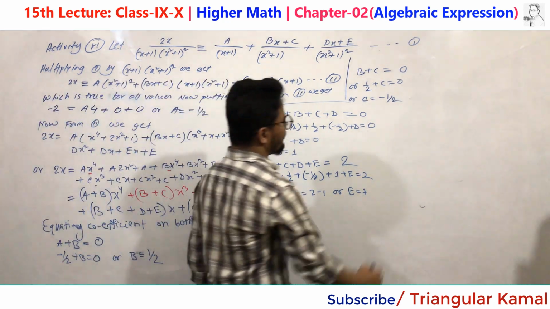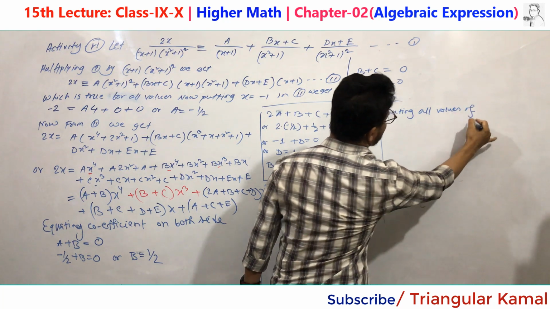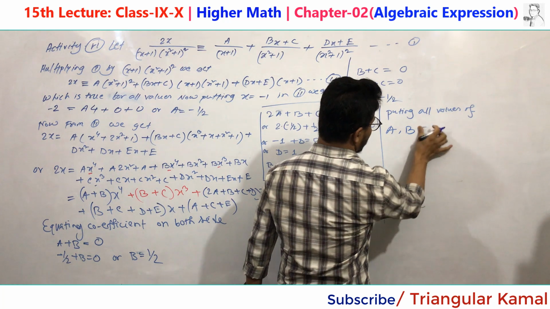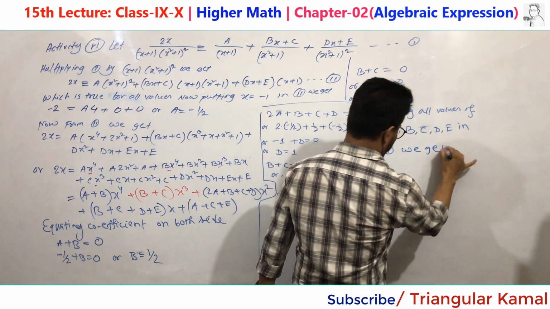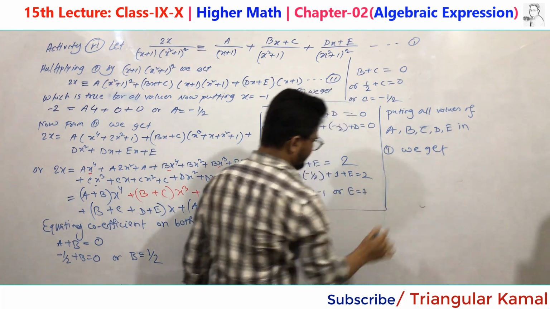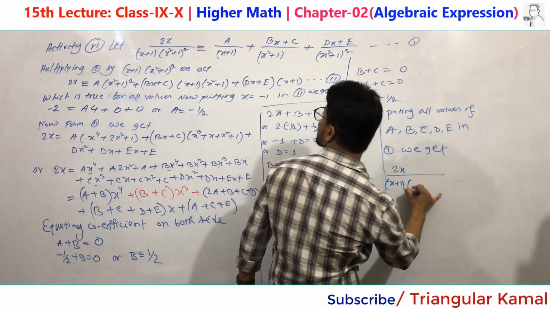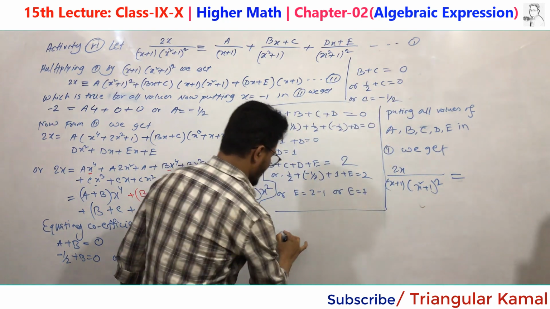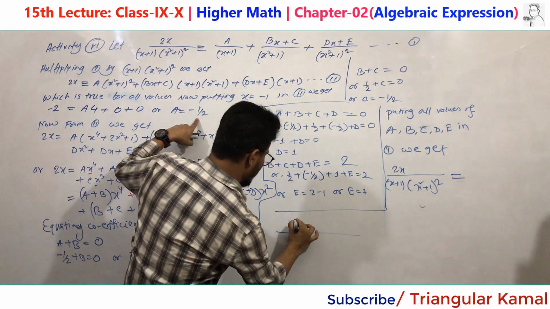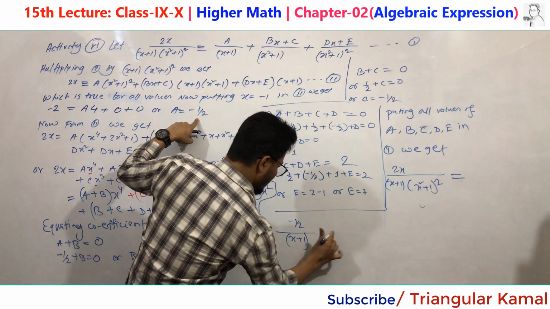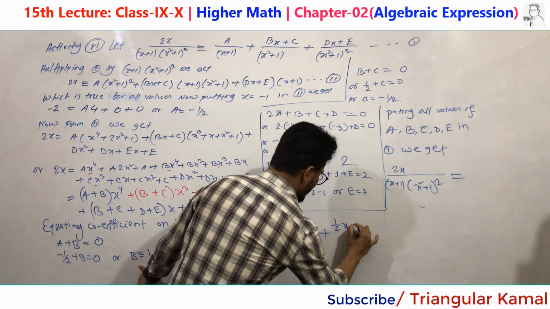So finally, now putting all the values of a, b, c, d, e in equation 1, we get twice x divided by x plus 1 times x square plus 1 whole square equals a divided by x plus 1. So the value of a is minus 1 by 2 divided by x plus 1, and then plus bx plus c. So bx plus c, b equals half, 1 by 2 times x plus c,